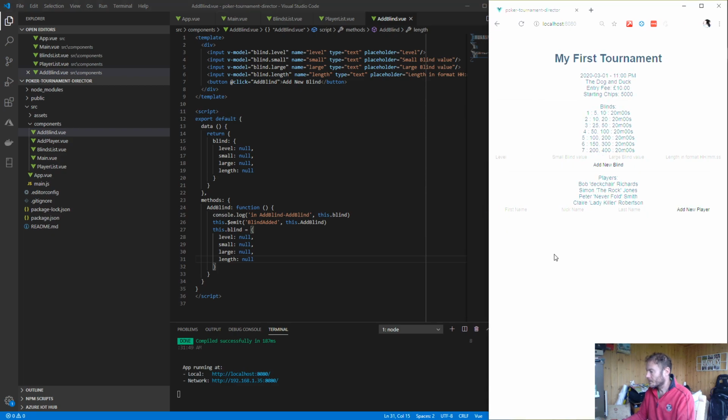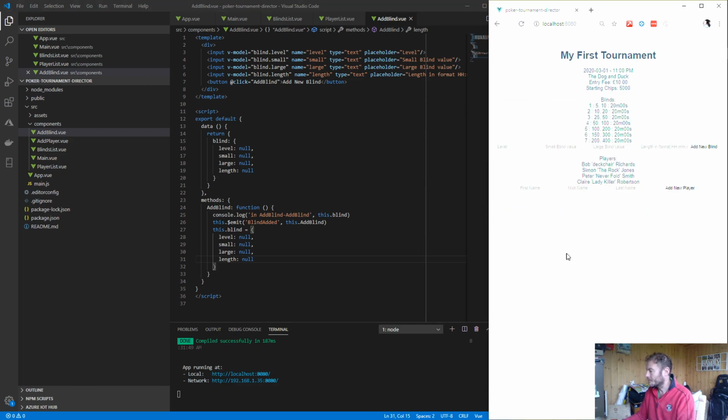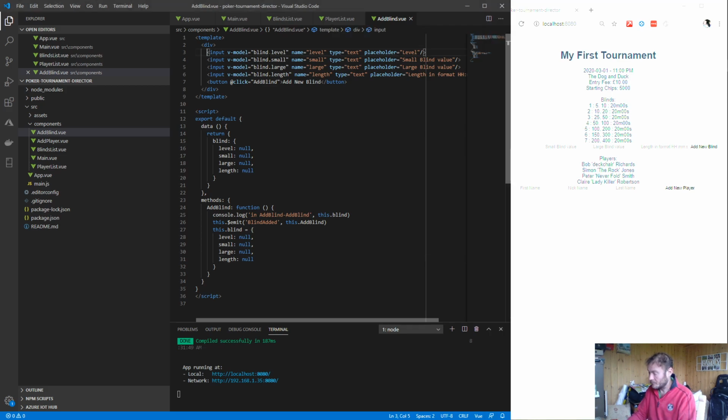Let's just zoom that out a bit. Okay. Right. Okay. Cool. Probably don't actually need the level, because we're going to infer that from where it is, because I'm going to put in some up and down arrows to let us add some functionality into moving around. So let's have that out, and then in here we're going to say